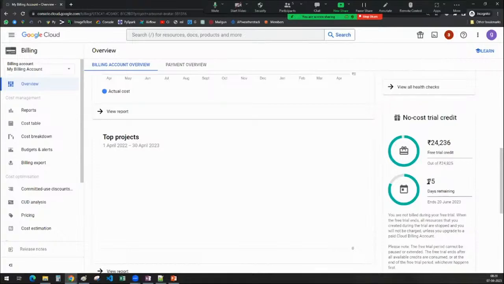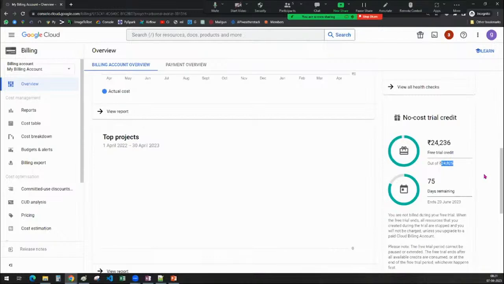This is how it will be showing for you: 90 days and almost 24,825 rupees will be added to your credits. So 24,825 credits will be added to your account, and for the next 90 days you can use these credits for working with the Google Cloud Platform.